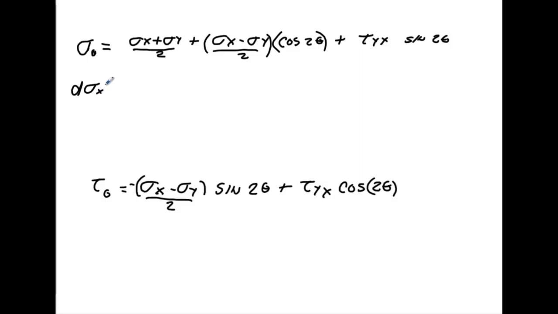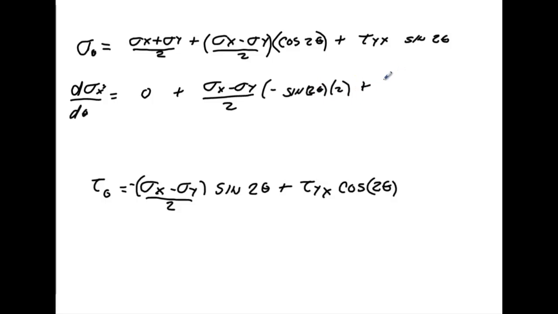This was on the x-axis earlier. We did that in the normal. We're going to take the derivative of this, x prime, with respect to theta. Now when we do that, this is constant, so this goes to 0. Okay, and we'll do this one. That gives me normal x minus normal y over 2. Now multiply it by that. That's going to give me the derivative of the cosine of 2 theta. We're going to do the chain rule. That's going to give me minus sine of 2 theta times 2